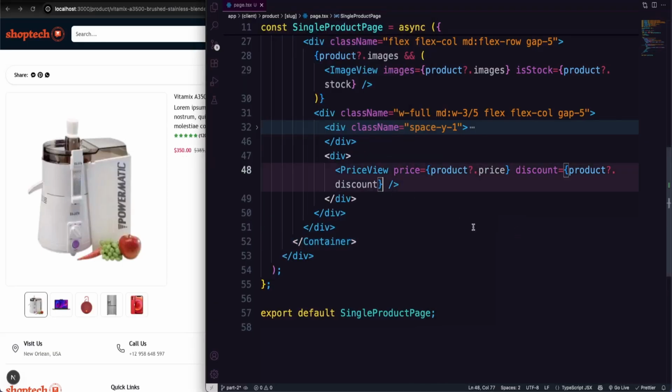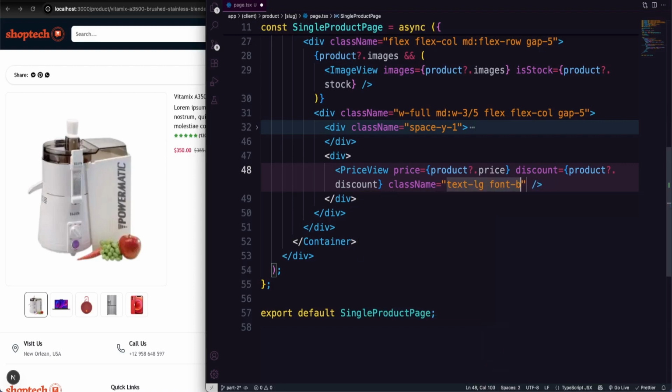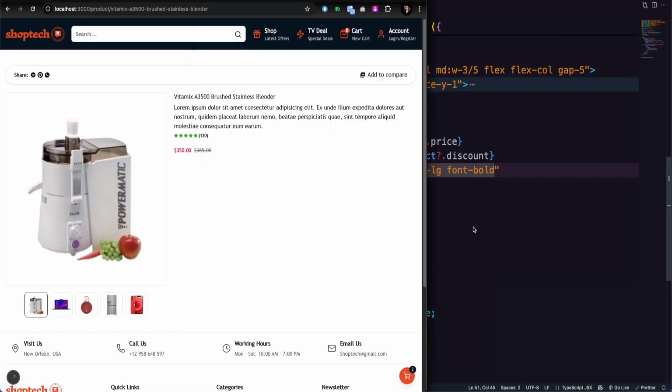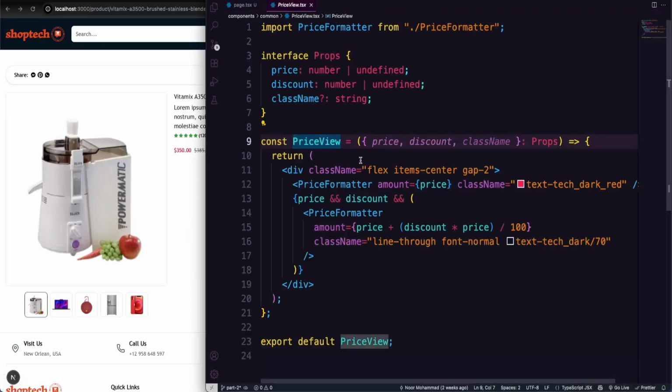To do that, we're going to provide the class name. Text should be LG, and font should be bold, not black but bold. And as we did that, you can see nothing has changed here. That is because of the class name we are providing here. You can see we didn't initialize the class name there. So in the price formatter we are providing right here, now we can initialize the class